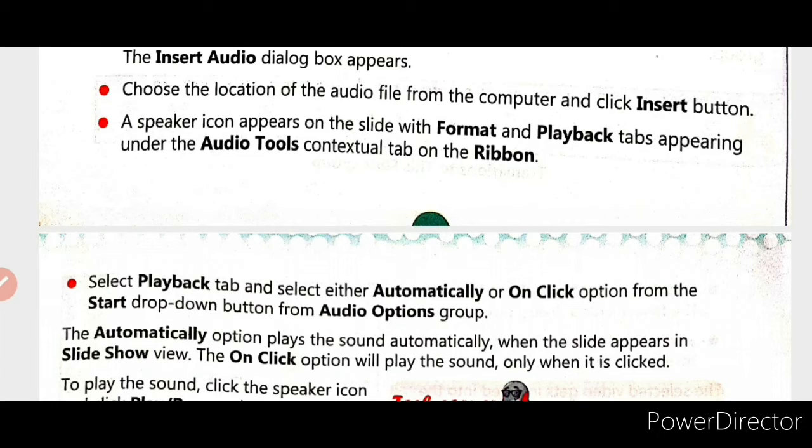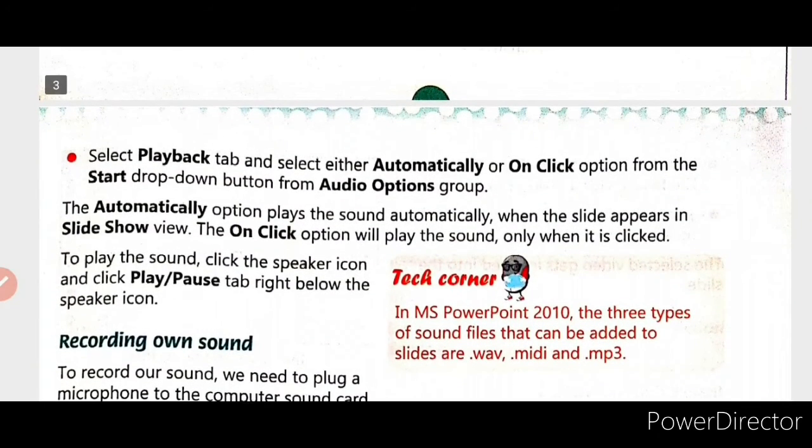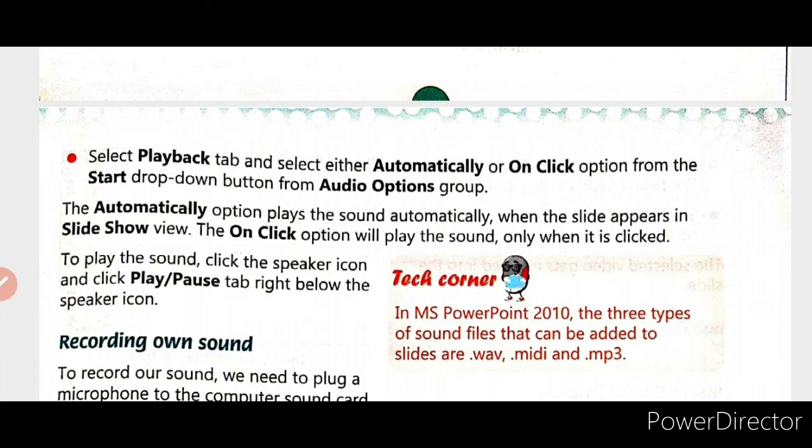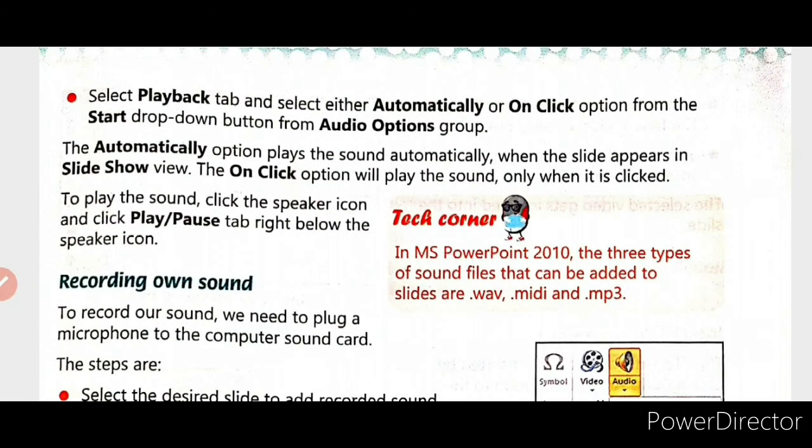What is ribbon? It is nothing but a strip of tabs presented on the top of your window. So select playback tab and select either automatically or on click option. Here also you will be having two options, either automatically or on click option, from the start drop down button from audio options group. So this automatically option plays the sound automatically when the slide appears in the slideshow view.